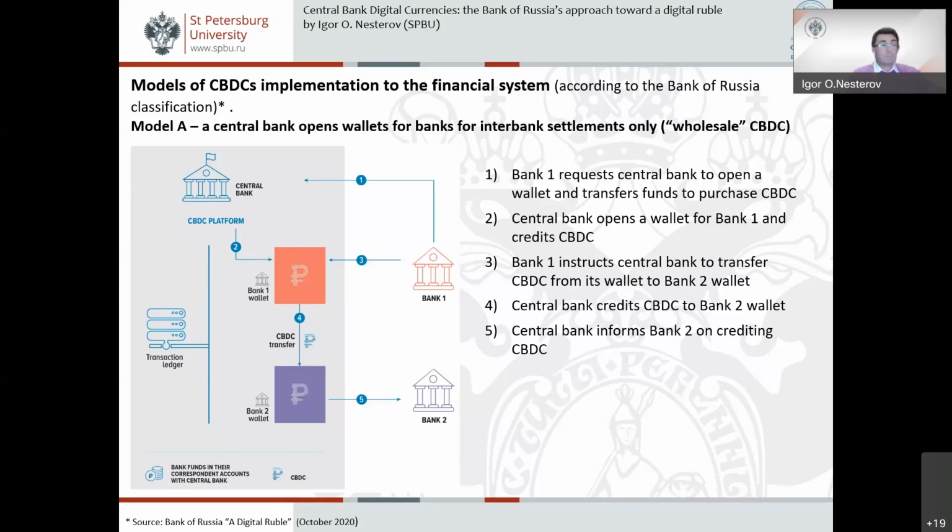And let's have a look at the first model. The Central Bank of Russia called this type of model Model A. According to Model A, the central bank opens wallets for banks for interbank settlements only. So that is a typical wholesale central bank digital currency system, because access to central bank digital currency will be granted